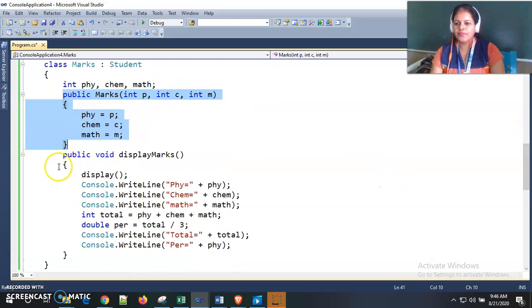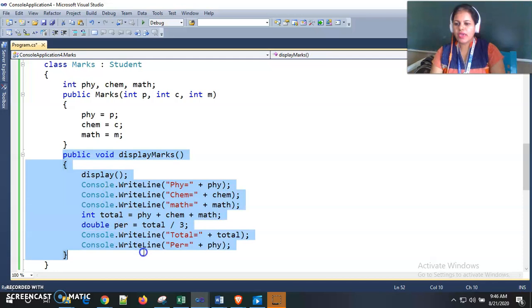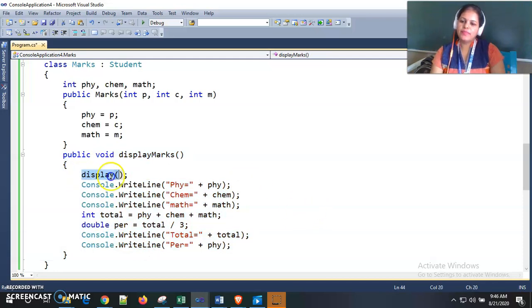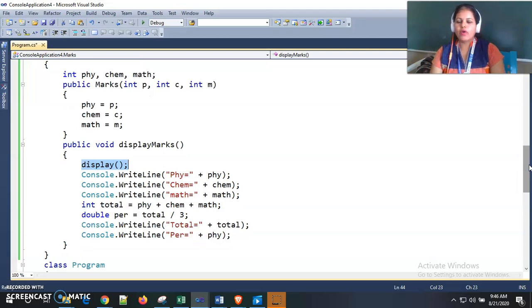Then here one display marks function we have written, where we display the roll number and name by calling the display function of the Student class. Because of inheritance we can call this display function of the Student class, which is the base class for this Marks class. So we can directly call the public members inside this Marks class.